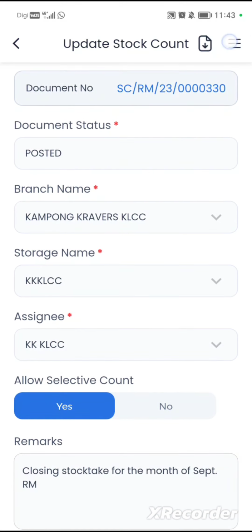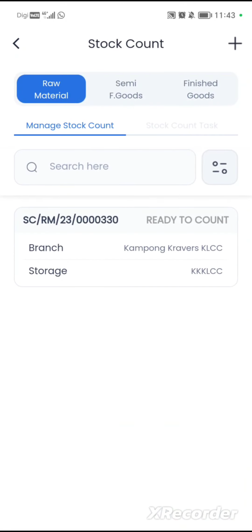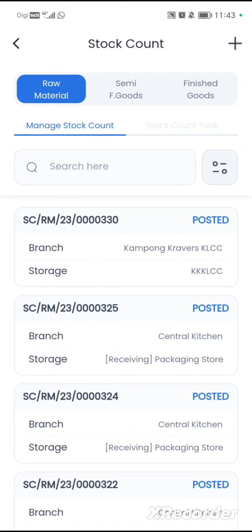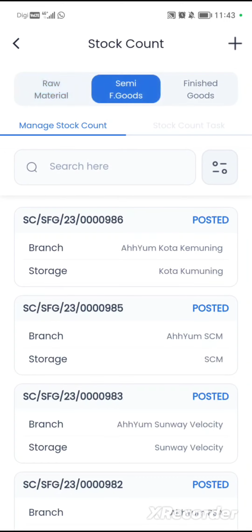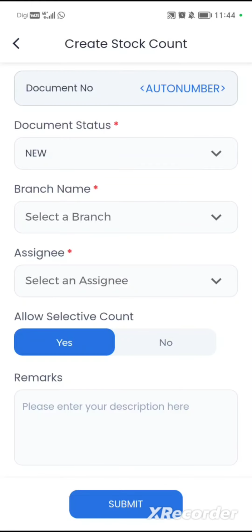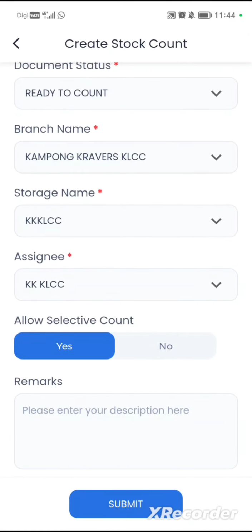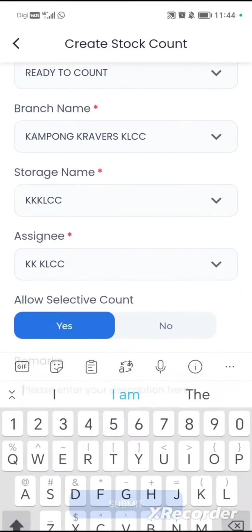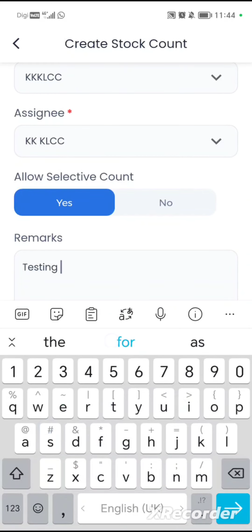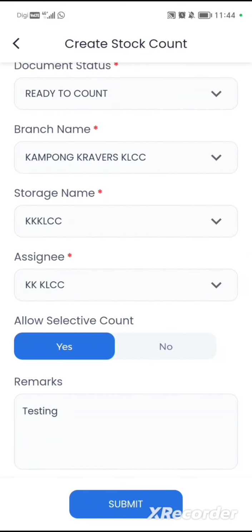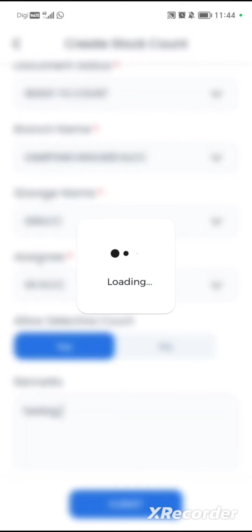Let's take an example. So you can see the document has been changed to posted. You can go to semi-finished good and repeat the same steps by creating a document. The status is ready to count, branch name is your outlet name, storage name is your outlet, and assignee as well. Ensure always the type is selective count. Remark is just for testing for this exercise. Submit